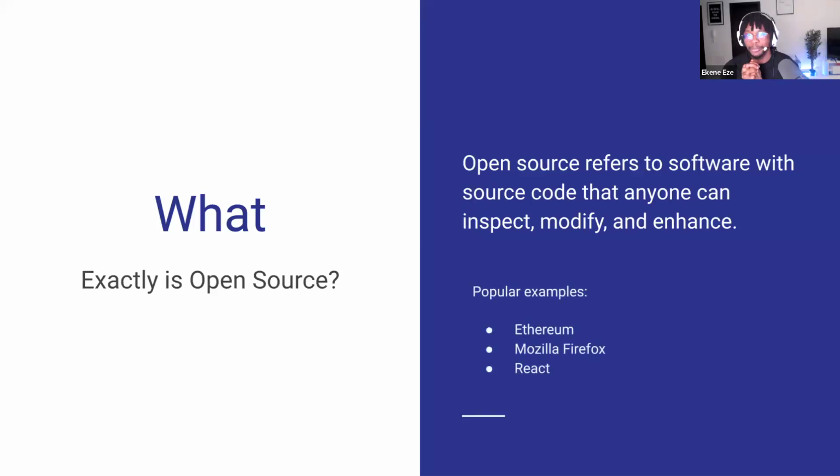Now, popular examples that you all might know would be Ethereum. Ethereum is open source. Mozilla Firefox, the browser that a lot of people use, is also an open source project. React, for some of you who are on the front end side of things, is also an open source project. And what I mean by this is, for any of these tools, you can go today, find a GitHub repository, and send a pull request. That is what tells you that it's an open source project, because you can find it, you can access it, you can modify the code, you can break things.